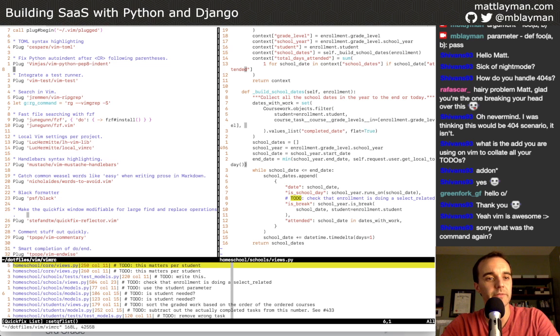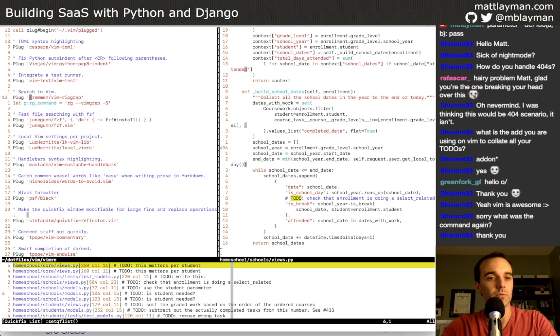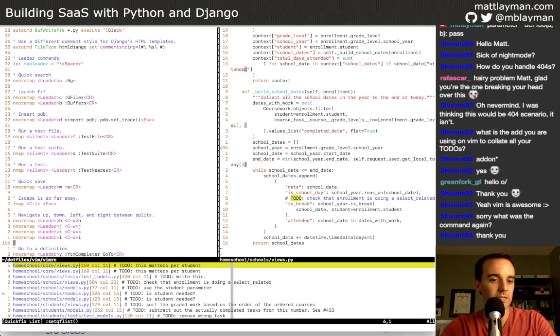I'm looking at my vimrc right now, and the plugin to do that searching within my project is this one right here, from JRemM. It's vim-ripgrep, and then I've got my ripgrep command here that searches through stuff, to customize this a little bit. My dotfiles are available on GitHub, github.com/mblehman/dotfiles, and you can find my vimrc. This is the plugin that you would install, and then I've mapped this to a leader command.